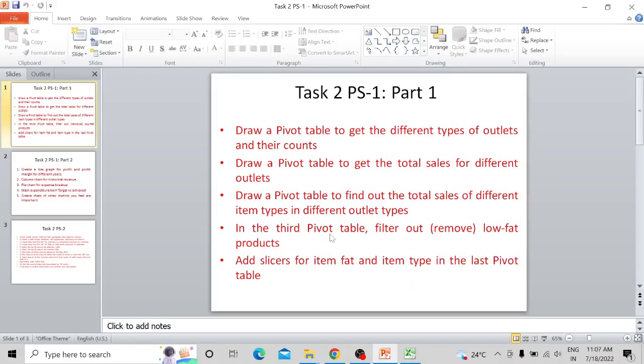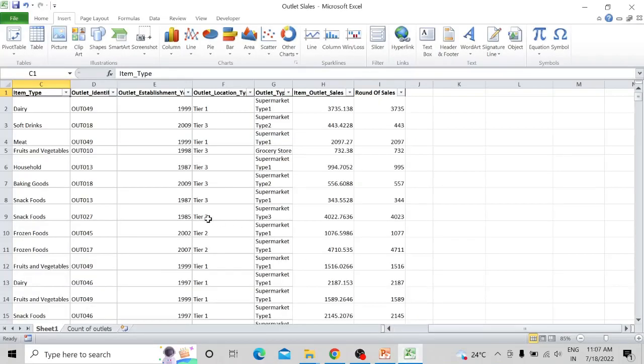So, let's start with our first operation. Our first operation says draw a pivot table to get the different types of outlets and their counts. Okay, so I'll take you to the data set. So this is the table I was provided by the Static Academy,